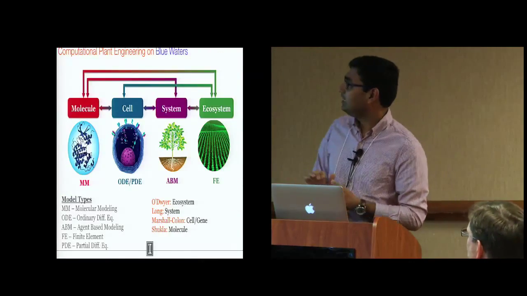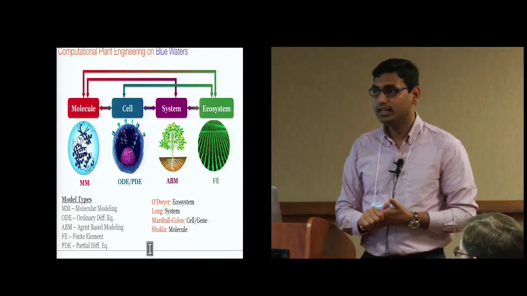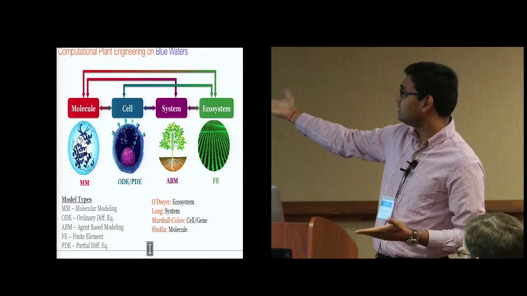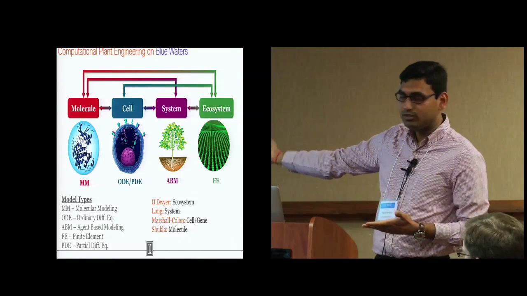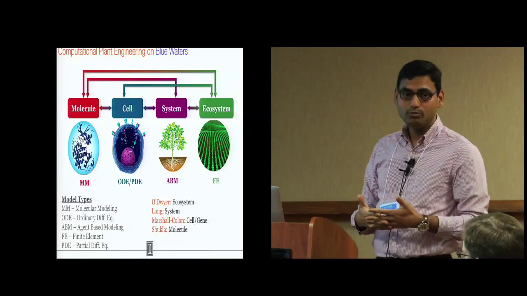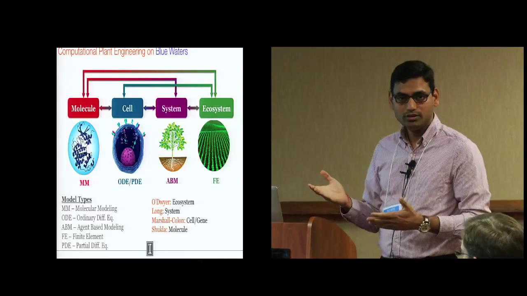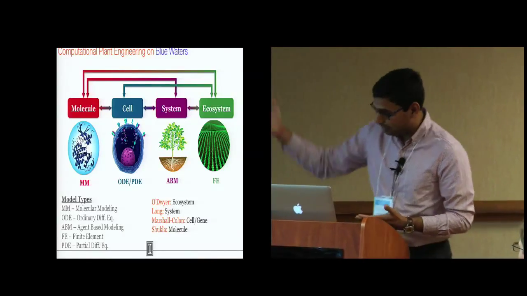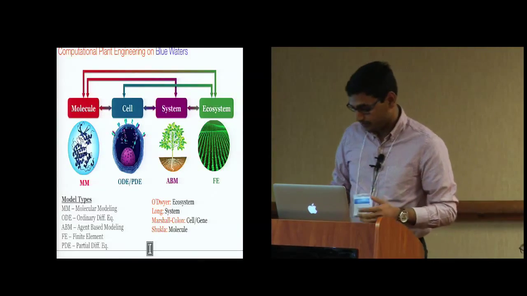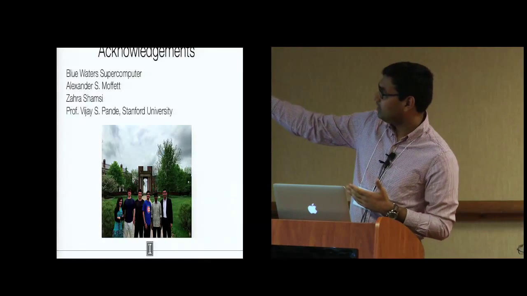And this is my last slide. What we are trying to do on Blue Waters is some type of computational plant engineering, not just at the molecular level, but taking it to a cellular level, a system level, or an ecosystem level. We have different professors at the University of Illinois, and we're coming together to have this computational plant platform that we can use HPC for. So I'm at the foundational, molecular level, but now we are also trying to connect these different levels together.